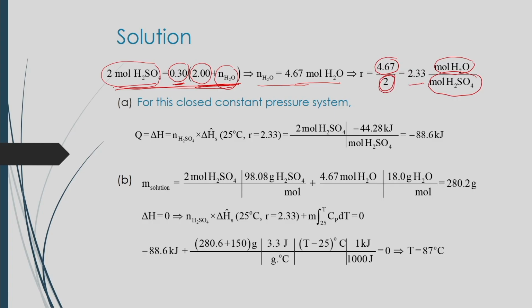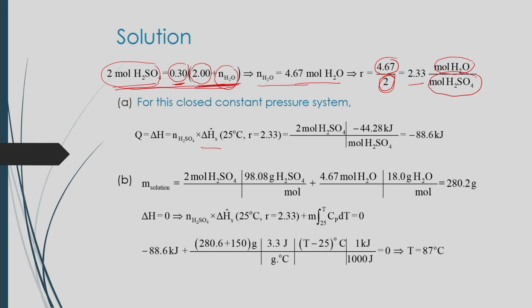So, at this ratio of sulfuric acid and water, at its 2.33 value, you will see that the heat of solution at 25 degrees Celsius is around minus 44.28 kilojoule per mole of sulfuric acid. So, in that case what would be the total heat to be removed from this diluted sulfuric acid system? As per the energy balance equation, we can write that